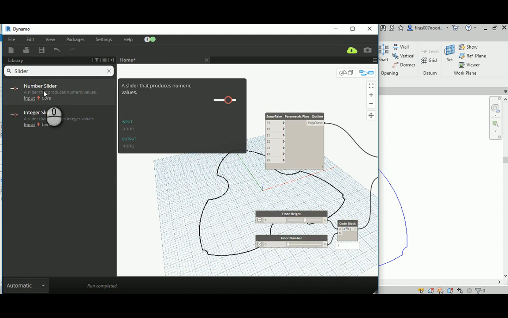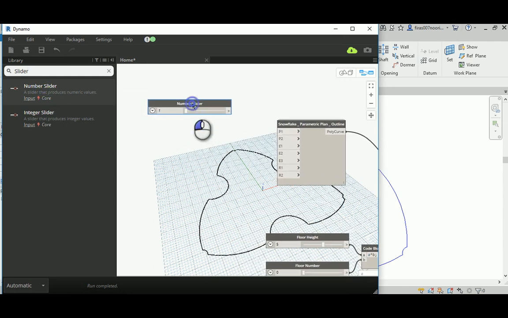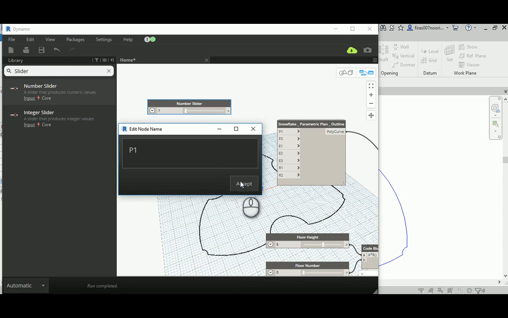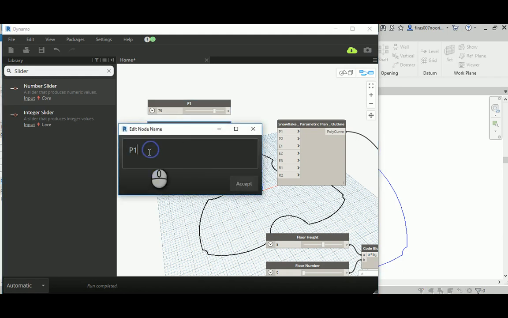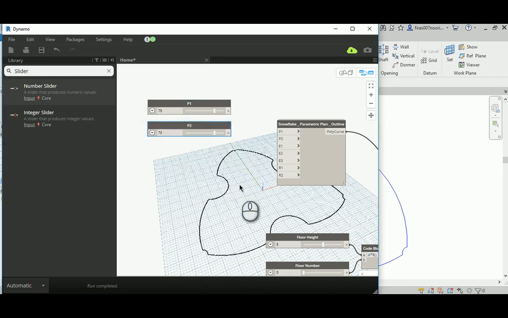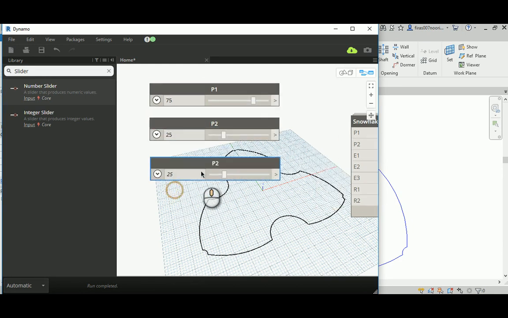So I'm gonna use numerical ones, and we need an input for each one of those. So that's a P1, and in the beginning or in the ground floor I use this as a 75. Now the second one I'll just call it P2, and I will use 25. Third one is E1,